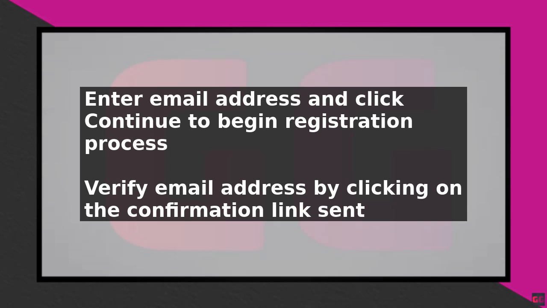You will also need to answer security questions to help verify your identity. Choose questions and answers that you will remember, as you will need them to access your account in the future. After answering the security questions, you will be asked to create a username and password for your account.